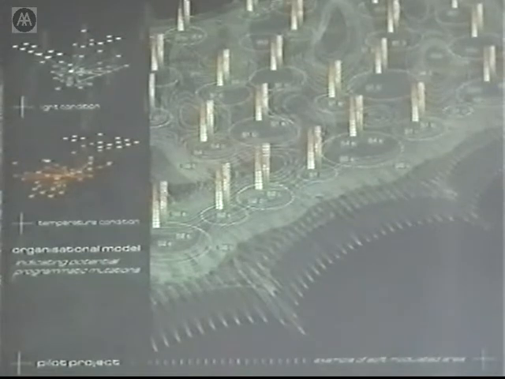So for example, if you look at one particular area that is highlighted with that orange circle, and this is a relatively stable, hot and bright area, you can see how the organizational model suggests for that particular condition that is found in that area, a manifold of programmatic mutations. So you get all kinds of different links with different intensities to other systems that this activity could transform to. And this means that the example area could, and you see an interior view here of exactly that area, cater by its initial definition for example, plant propagation processes.